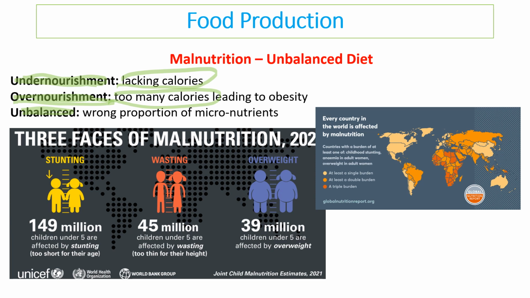And basically there are three phases of malnutrition. It can cause stunting of growth, so that can obviously be a big problem. In children, it can cause a lack of weight and wasting, i.e. the children are too thin for their height, and it can cause overweight in particular areas of the world as well.